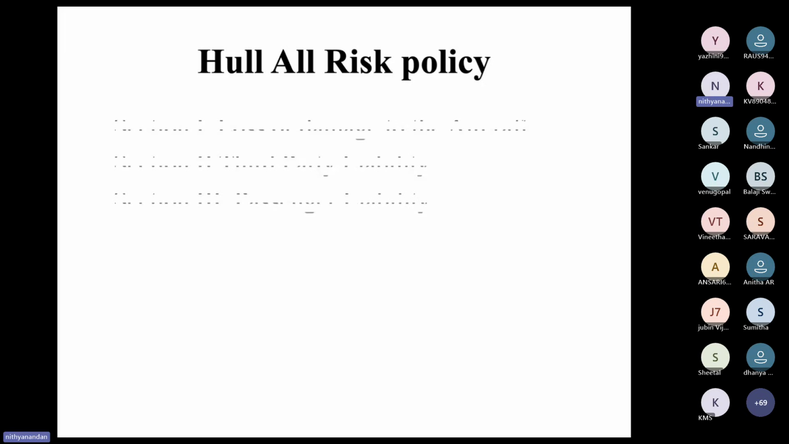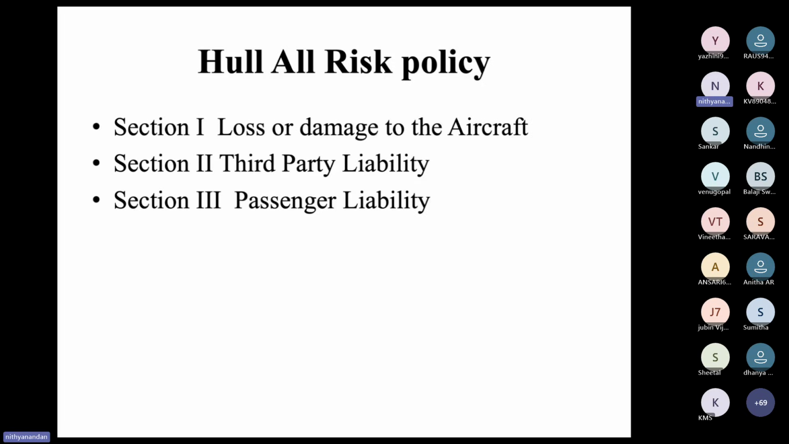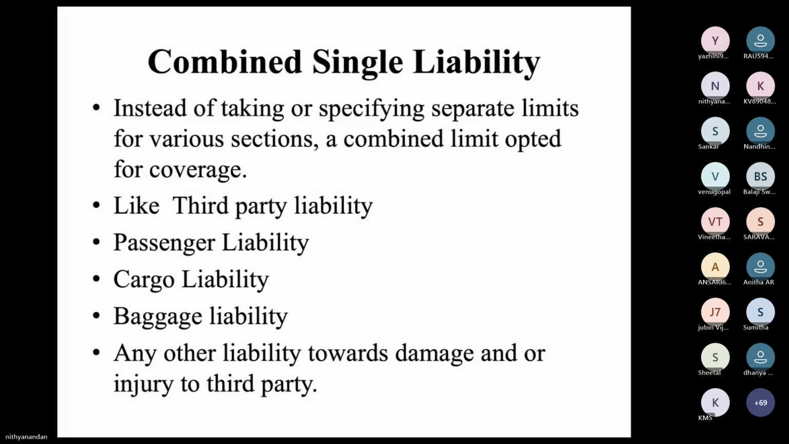The hull policy has three sections. One is loss or damage to the aircraft. Section 2, third party liability. Section 3, passenger liability. All the three liabilities put together can form a single combined liability. Policy can be taken on the basis of a single combined liability also,